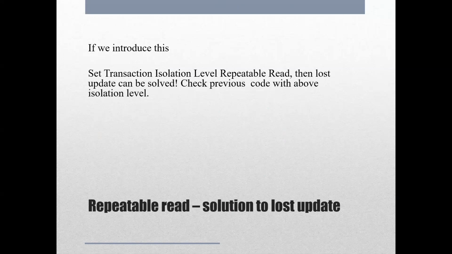And once the second transaction, as Muhammad showed, is done, right now it is giving an error saying that you have become a deadlock victim. But if it was successful, or if you run it one more time after the first transaction is stopped, you will see that you get the updated result from the first transaction. So again, no transaction is showing a lost update, and every transaction has consistent data. Okay, thank you very much.